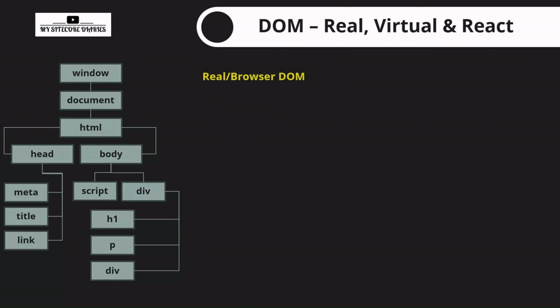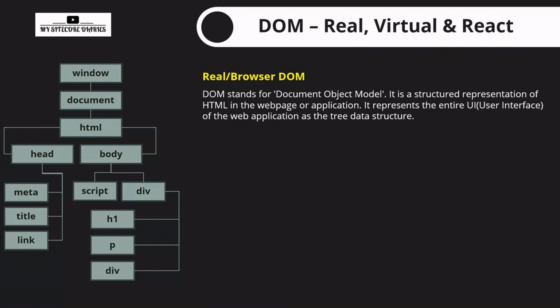Now let's see the DOM. First of all, we'll see what is real DOM, virtual DOM, and React DOM. So let's start with the real DOM, also known as the browser DOM. The DOM stands for Document Object Model, and it's a structured representation of HTML in a web page or application. It represents the entire user interface as a tree data structure, which allows us to manipulate and interact with the content programmatically. As you can see in the tree diagram,